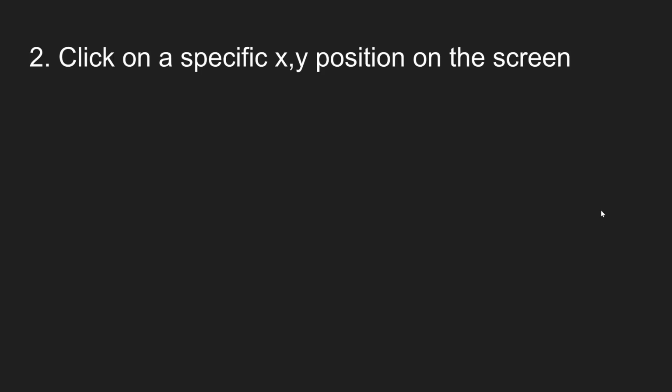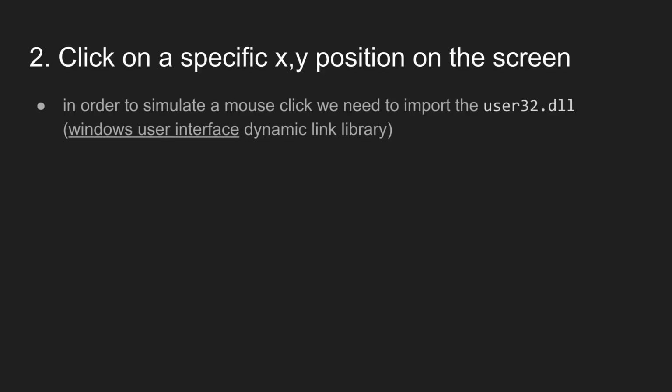So what do we need for that? And that's exactly step 2. As I said, the first step was to find the color and the second step is to double click. So click on a specific X and Y position on the screen is what we do now. And therefore we need to import the